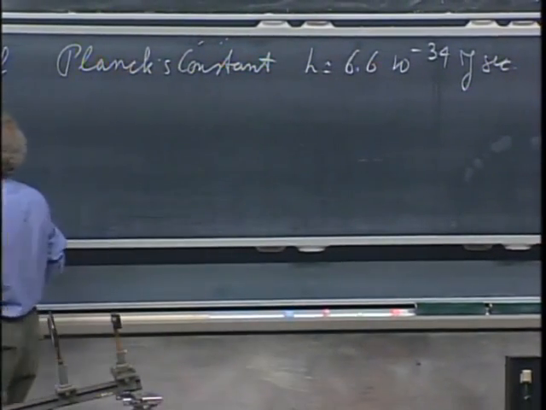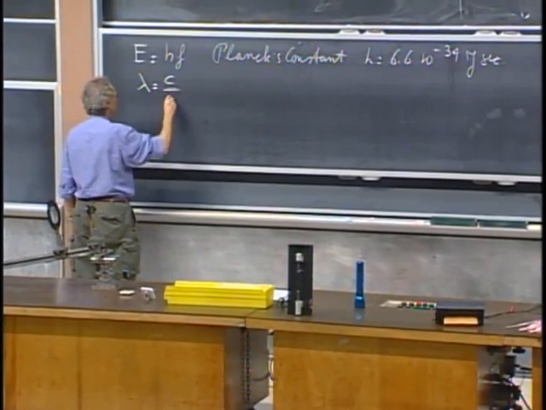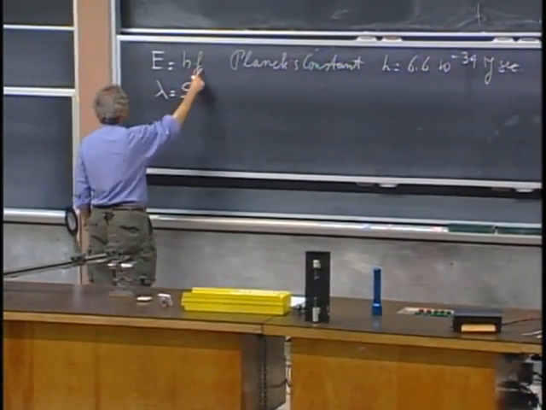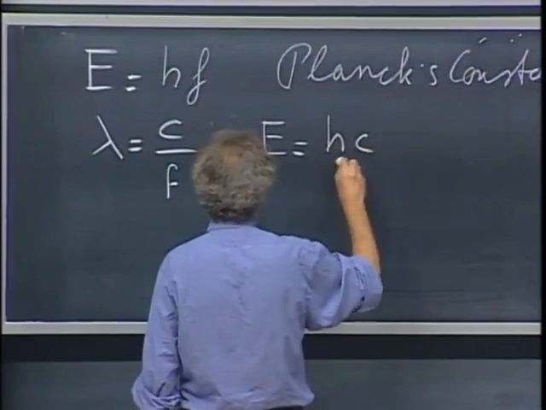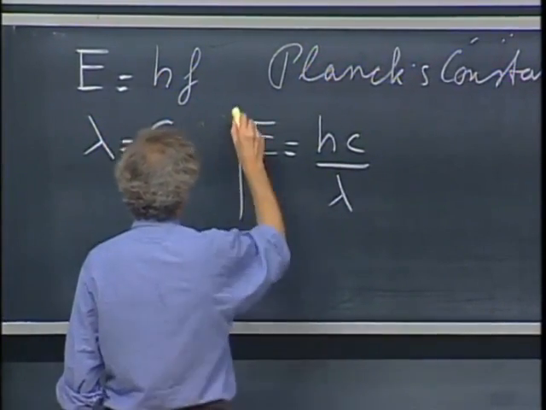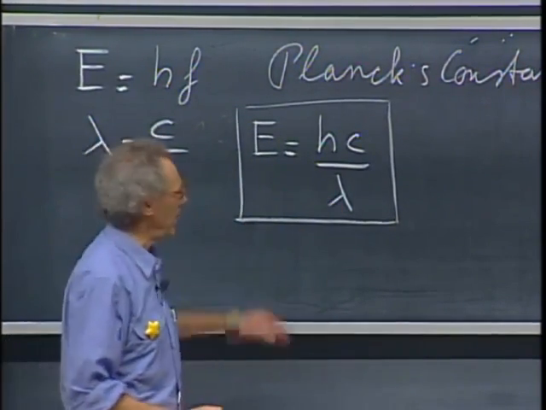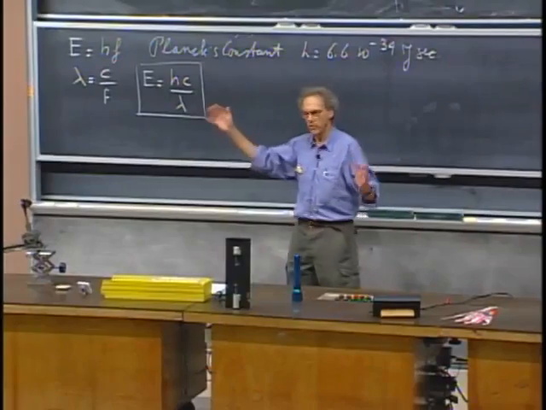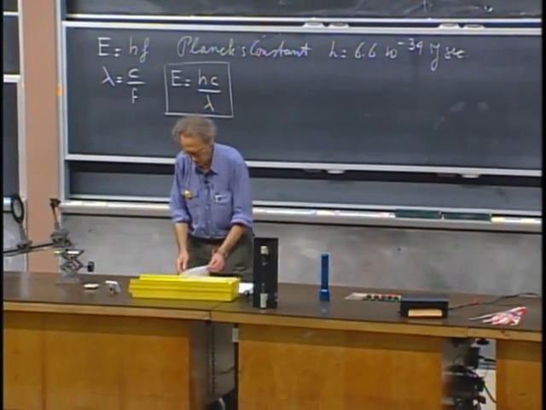Now, we've also seen in 801 that lambda, the wavelength of light, equals the speed of light divided by the frequency. And so if I eliminate the frequency, I also can write that the energy of a light photon equals hc divided by lambda. And so you see, the more energy there is available, the smaller the wavelength. And the less energy there is available, the longer the wavelength. And so if the jump from a high energy state to a lower energy state is very high, then the wavelength will be shorter than when the jump is relatively small.